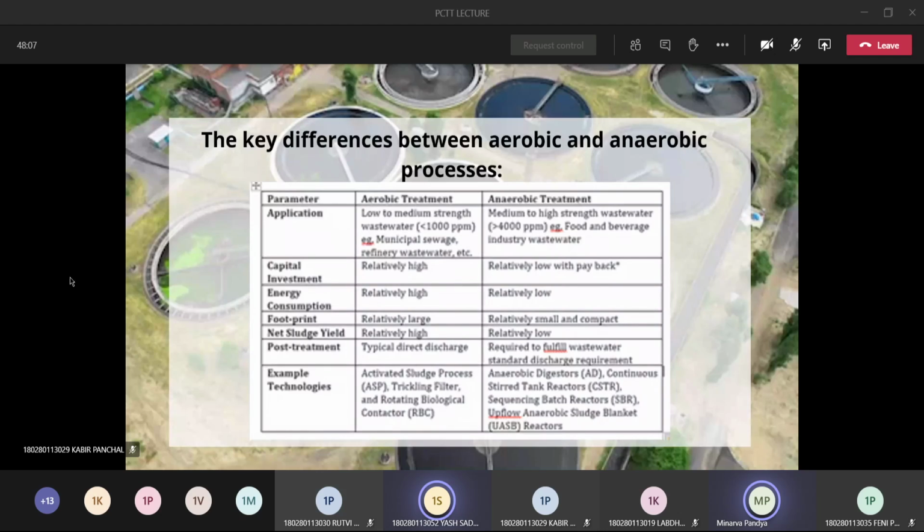The footprint for aerobic treatment is large, while for anaerobic treatment it is small and compact. The net sludge yield is high for aerobic and low for anaerobic, as it almost digests 50 to 60% of the wastewater sludge. For aerobic treatment, post treatment is not required and it is directly discharged into the sea,